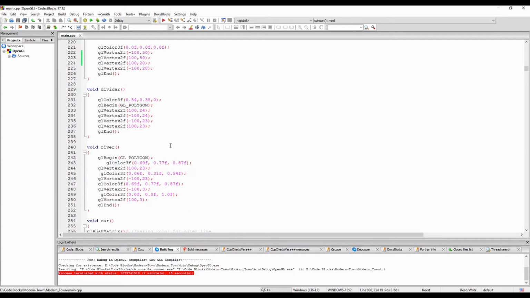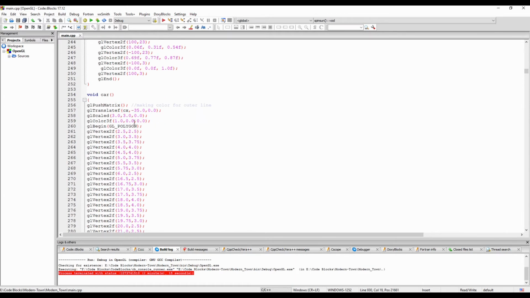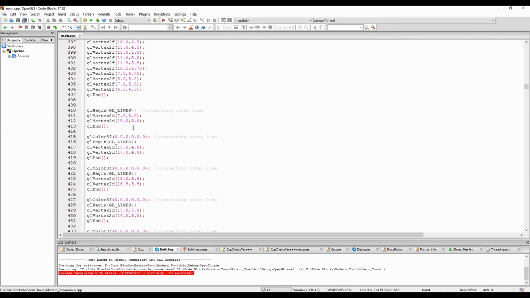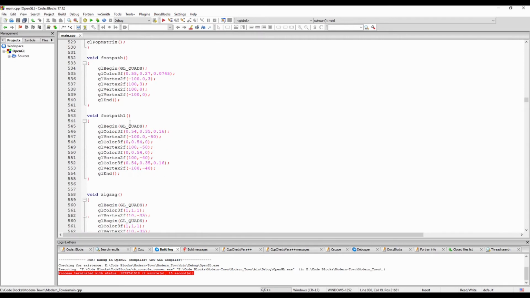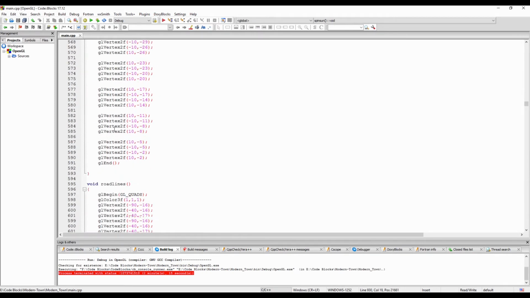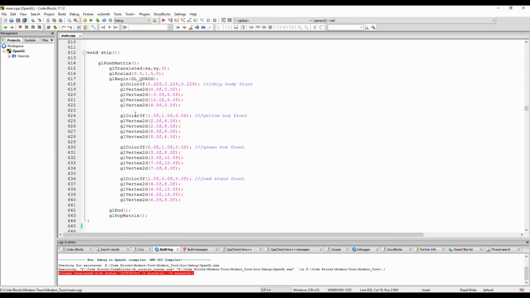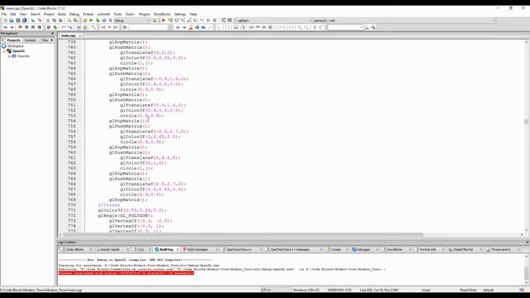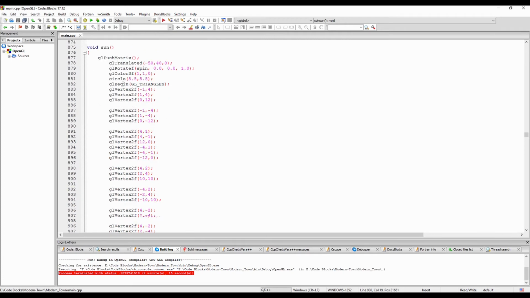We have a divider between the city and the river, and this is our river function where we draw the river. This is our car function. It is too large, so I don't want to describe it because time is limited. This is our footpath. There are two footpaths, footpath and footpath1. There are the zebra crossing, the road lines function, and the ship function. We have 3 trees in the scene: tree1, tree2, and tree3 are these functions, and the sun.